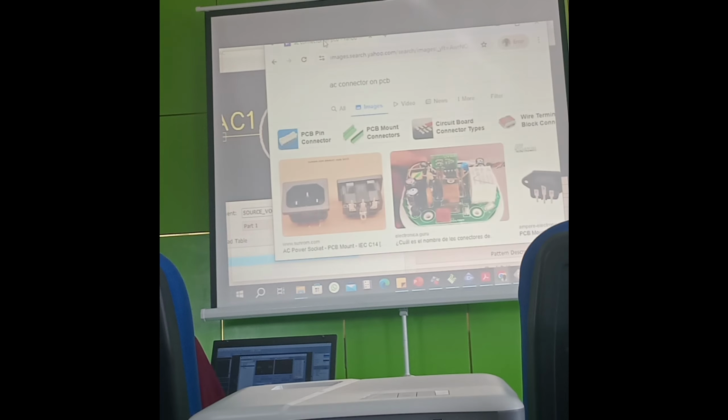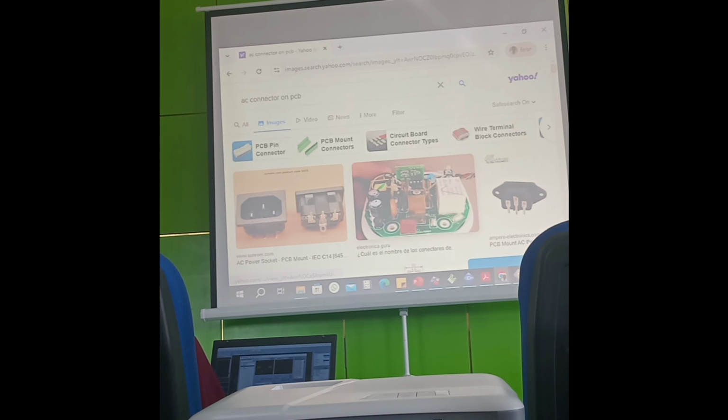So now, look at what I'm saying. Please look up. Look at this connector now. AC power socket. So that means you have something like this on the board. Look at the connection points. So that means you need to get the data sheet of this connector,